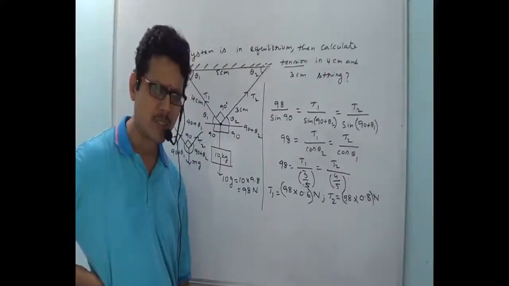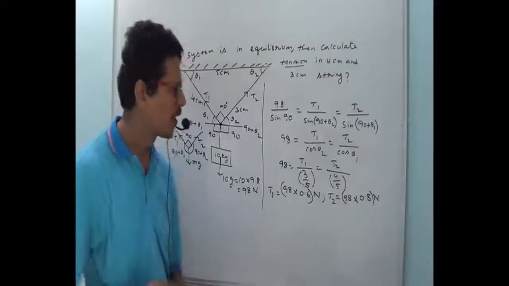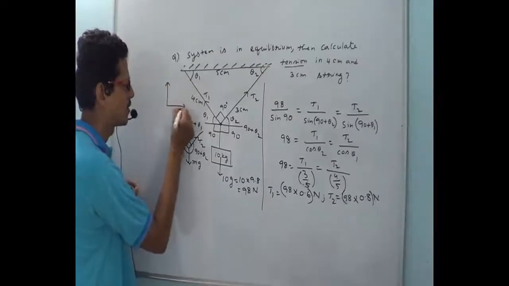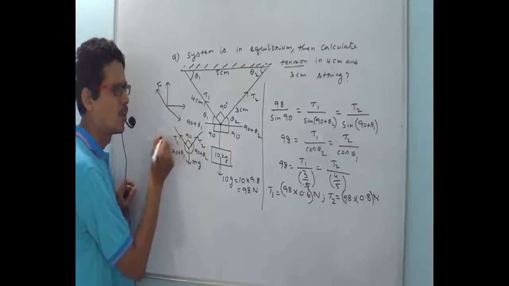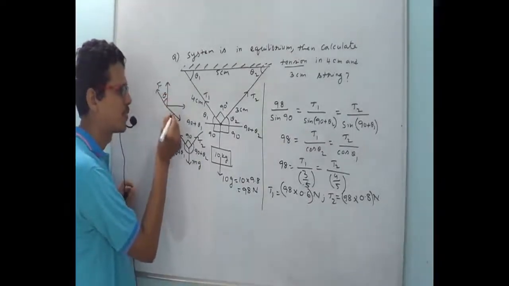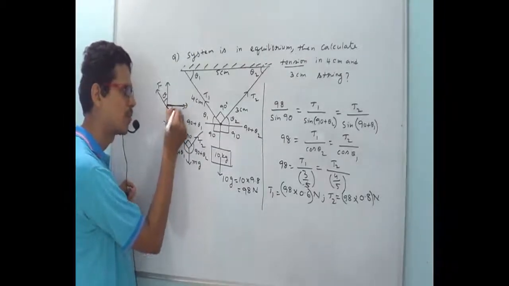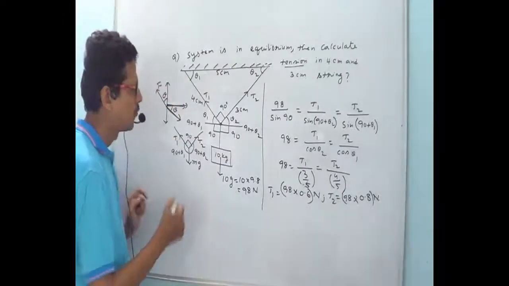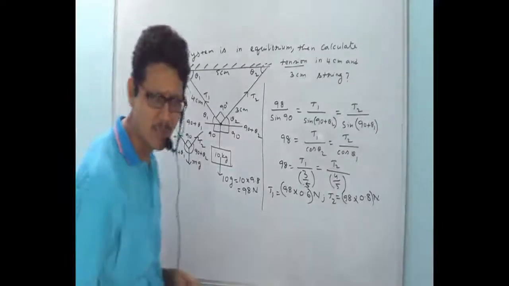Okay. So we did that. 4 vectors we did. The diagram is like this. This is the 4th vector f. What is the value of f and what is the angle theta? So I have split it into 2 components, x component and y component. For example, this is theta, this is f cos theta, and this is f sin theta. We did this problem, okay? Given in the assignment.